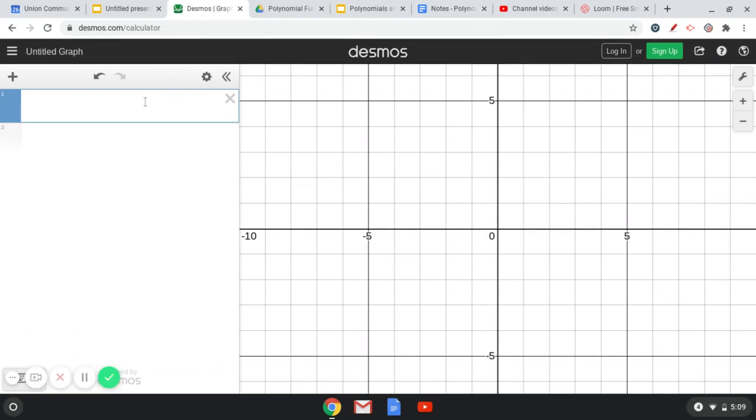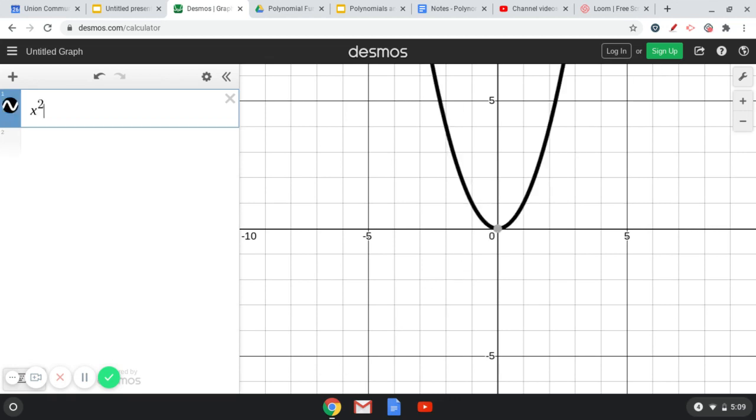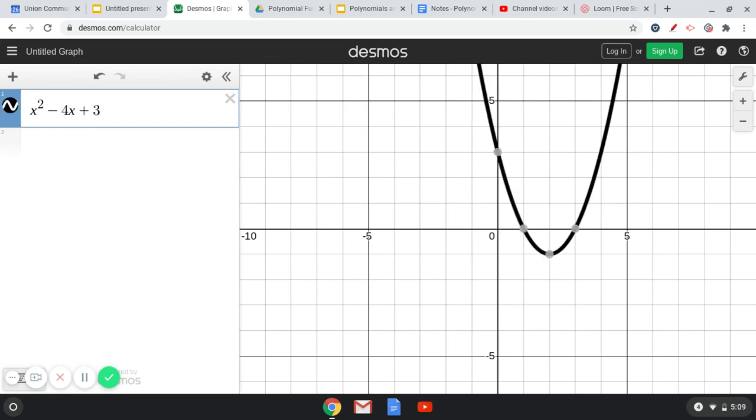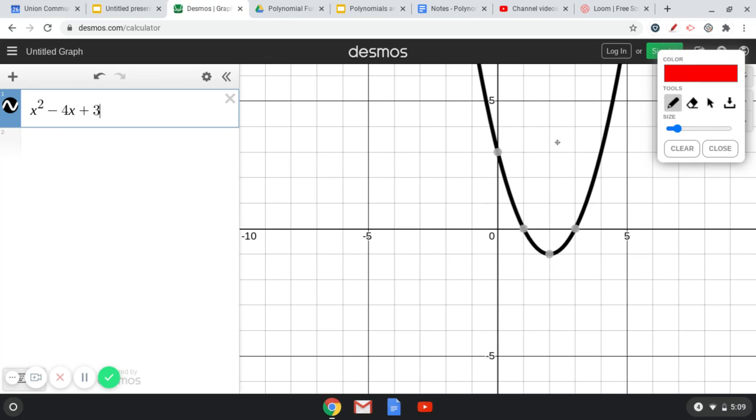For the sake of this video, I will share one of the polynomials that was found during class today. So this was x squared minus 4x plus 3. We got our roots at 1 and 3. So one interesting thing about this is what happens when we factor this. And this is one of the really cool parts about polynomials. So if we factor this guy,